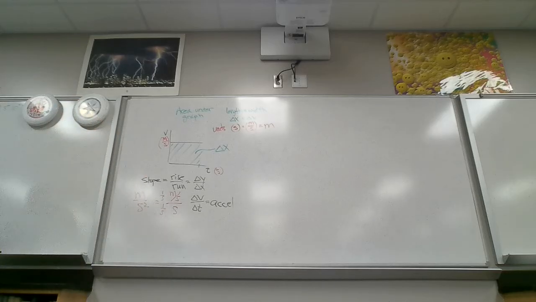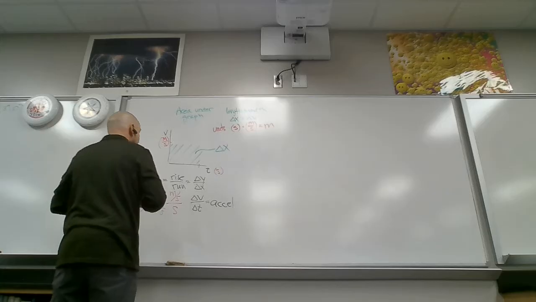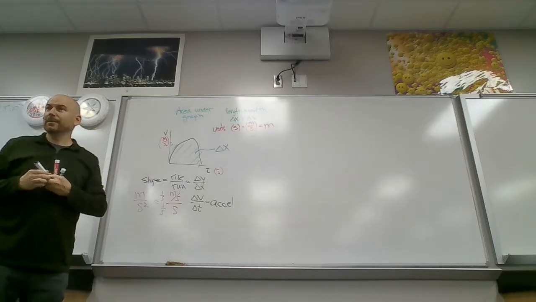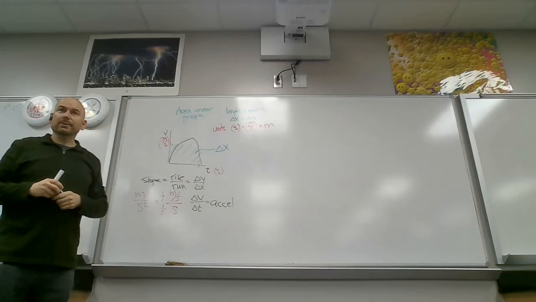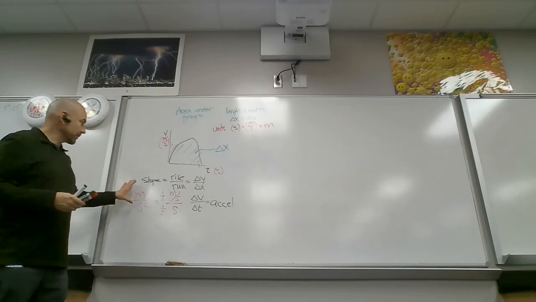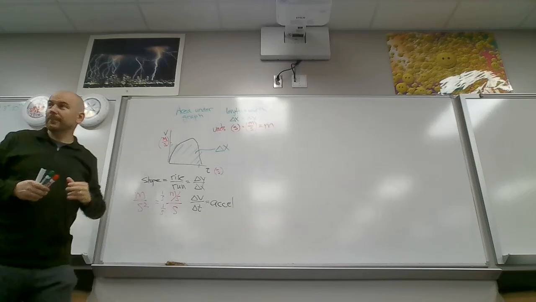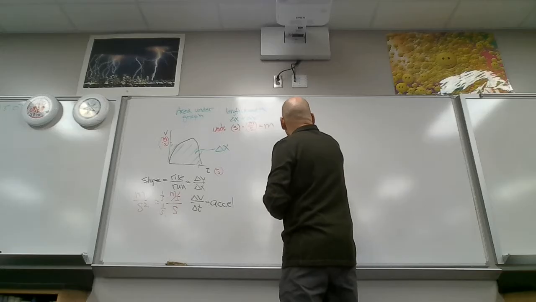But what happens if your graph looks a little something like this, where your velocity is not constant? This trick still works. Okay, in calculus lingo, this is called the derivative, this is called the integral. Now, if we have another graph,